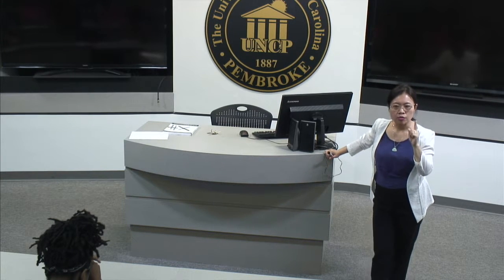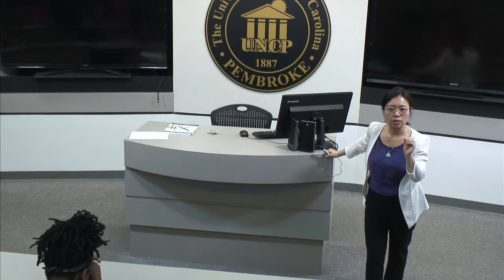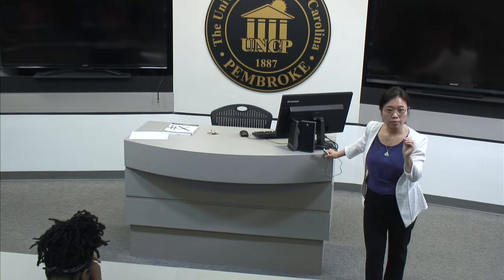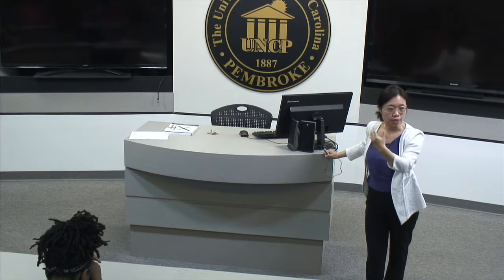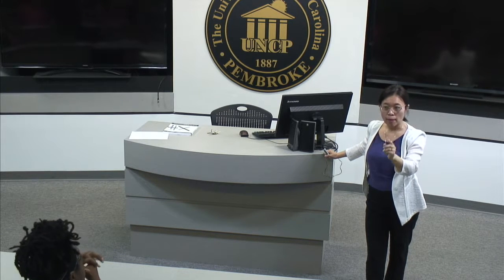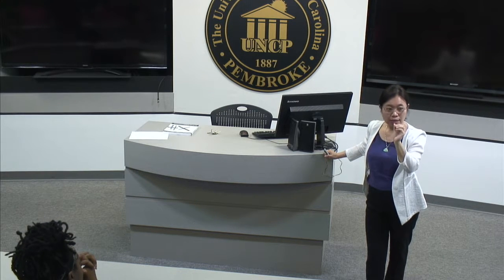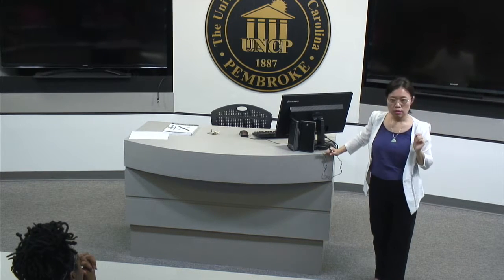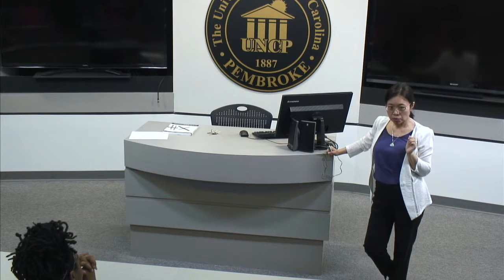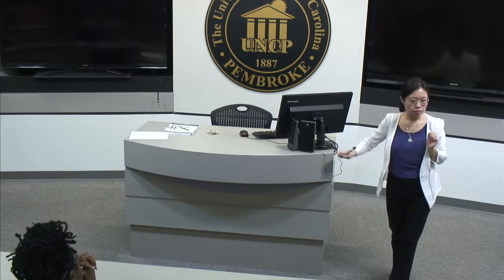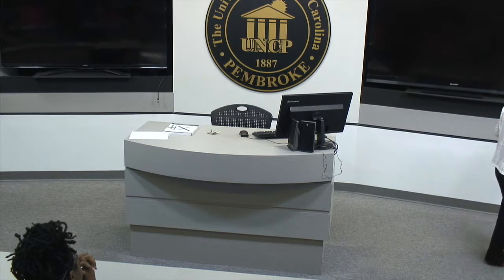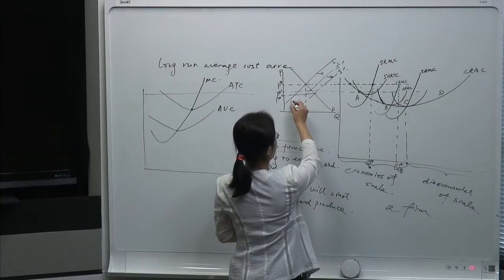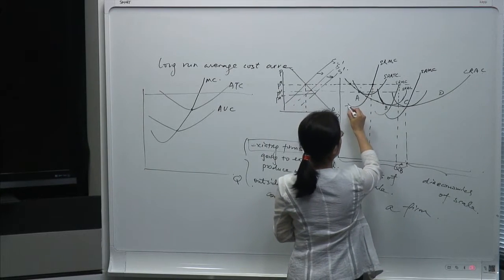Think about it. As long as the firm is still making positive profit, the market will not be stable, right? Outside firms will start trying to come in. So the firm has to be making zero economic profit in order to reach that stable situation. So where is the zero economic profit price? Where they're tangent, yeah, where the price is reaching.